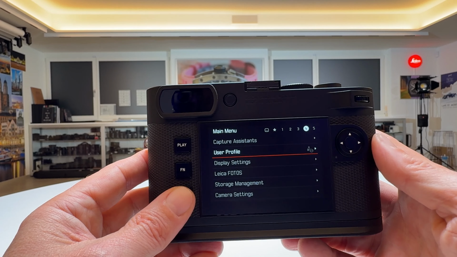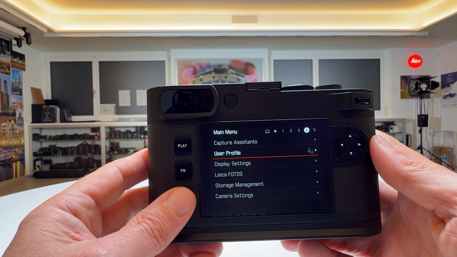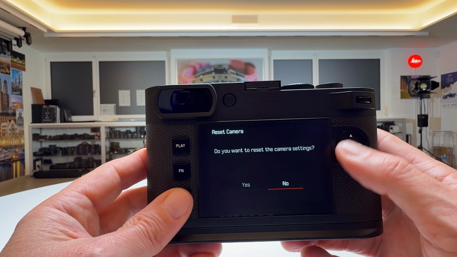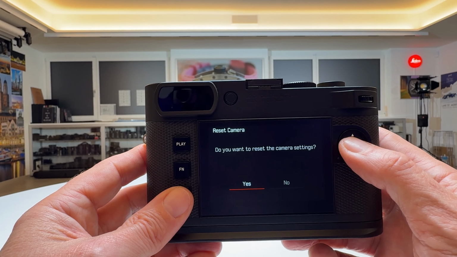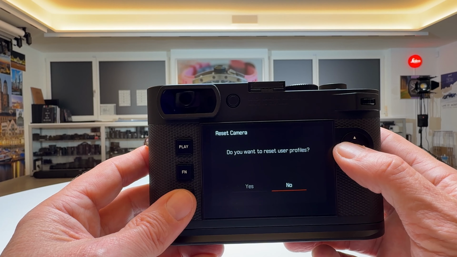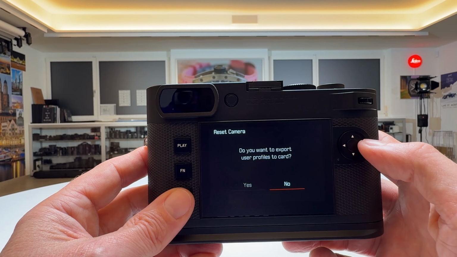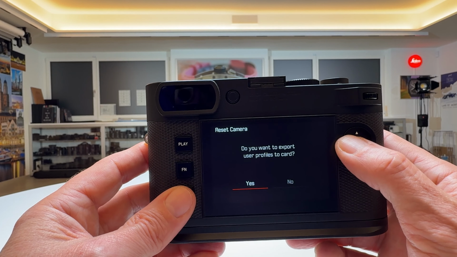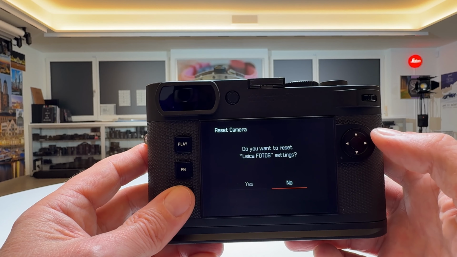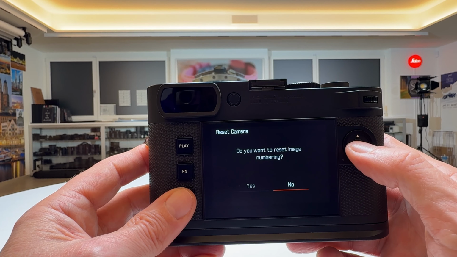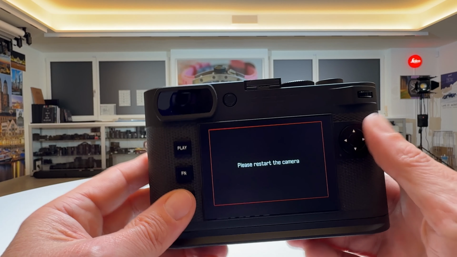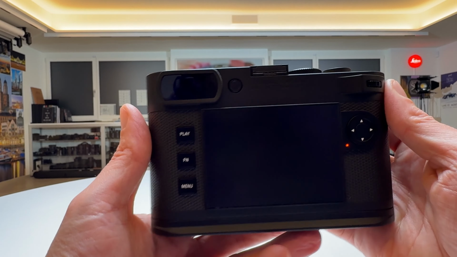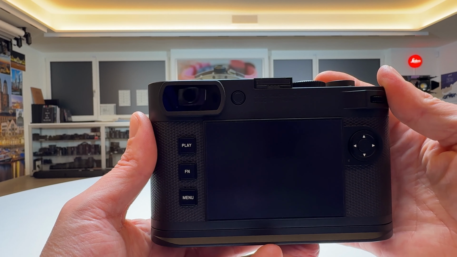In order to show you that this is stored, let's go here into reset the camera. Do you want to reset the camera settings? Yes. Do you want to reset user profiles? Let's get them all cleaned up. Do you want to export user profiles? I've done it before, but if you're not sure, do it again. It just overrides the settings you have. Do you want to reset the Leica photo settings? Yes. Never reset image numbering. I said this repeatedly on my channel. No. Now we can restart the camera, switch it off, wait for a couple of seconds, switch it on again,